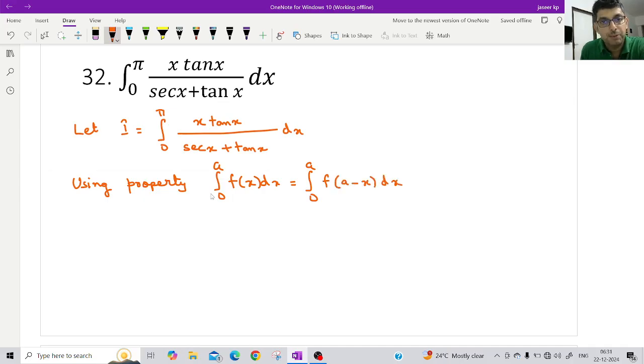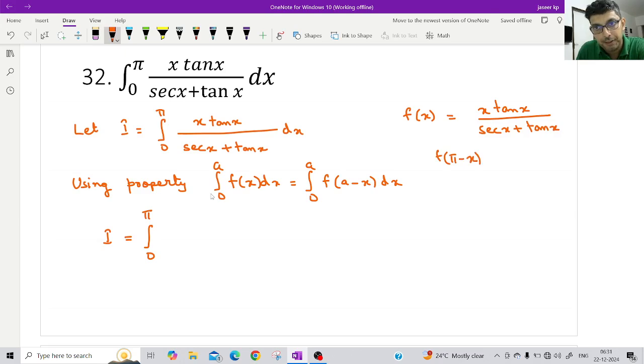So using this property, that is integral 0 to a f of x dx, we can write it as integral 0 to a f of a minus x. So I is equal to integral 0 to pi. Here f of x is x tan x divided by secant x plus tan x. So when we take f of pi minus x, because a equals to pi, it will become pi minus x